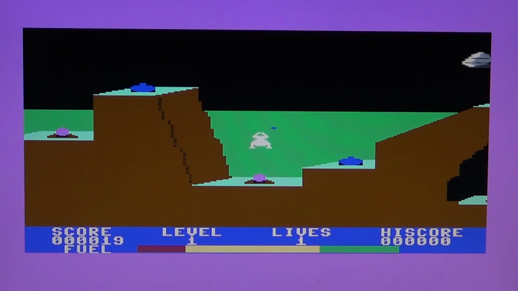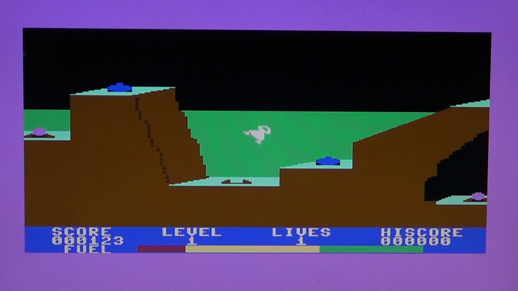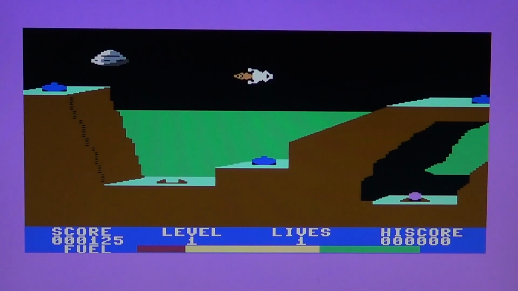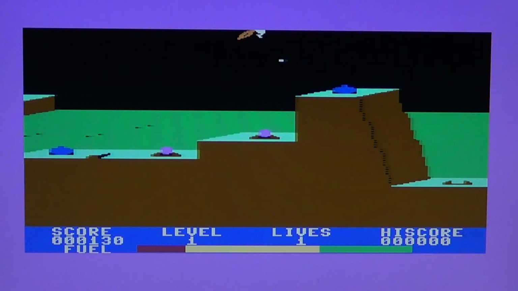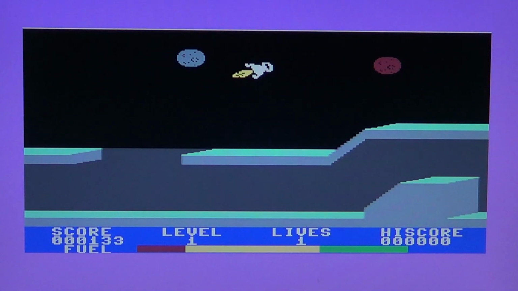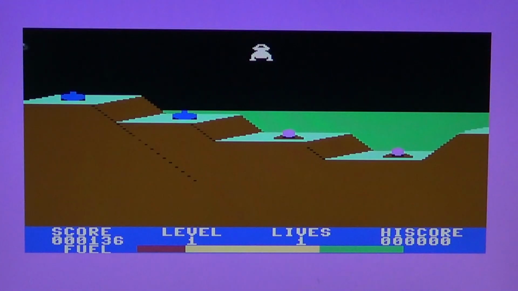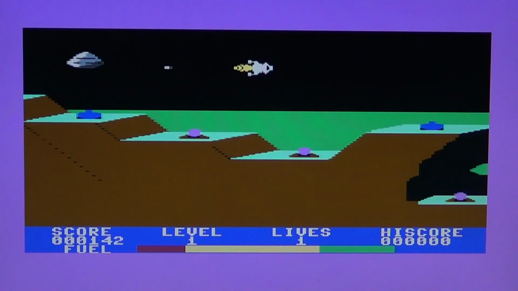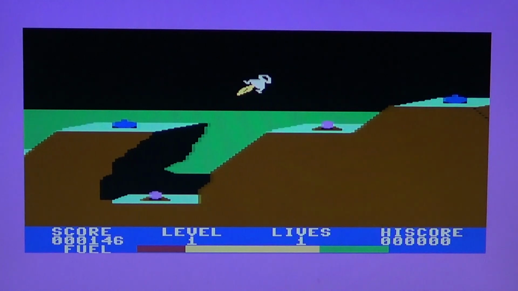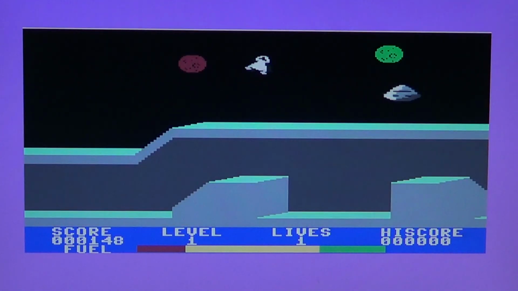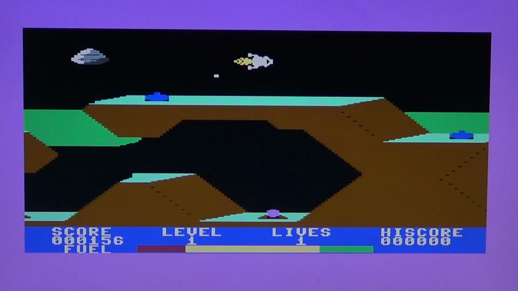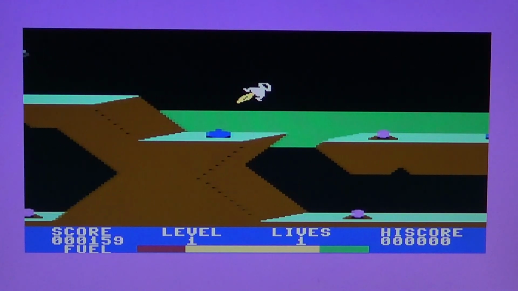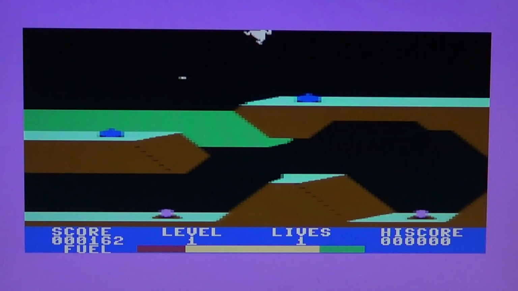So you can see here, you can actually go down and pick up more energy and go through. Basically, you gotta be careful not to get hit by any of the objects that fire at you. As you can see, it's extremely simple.